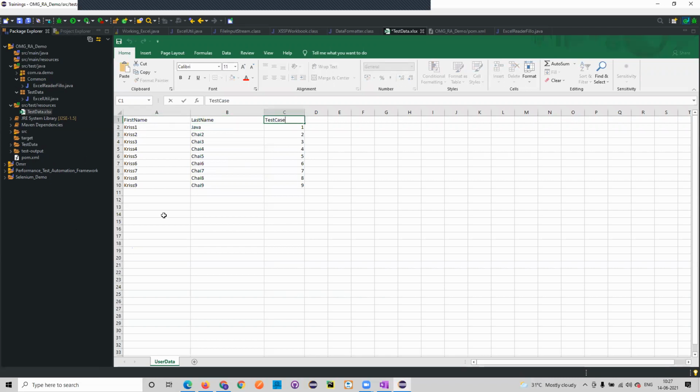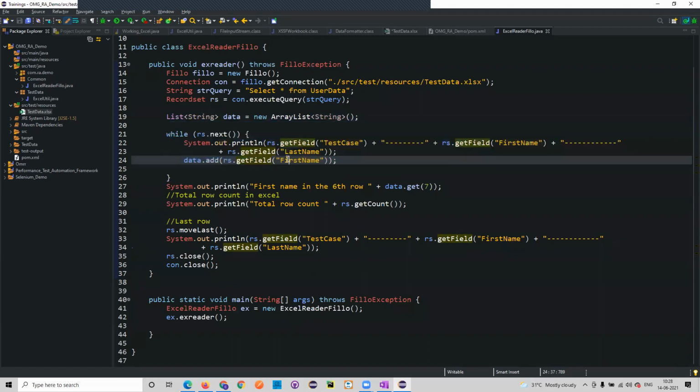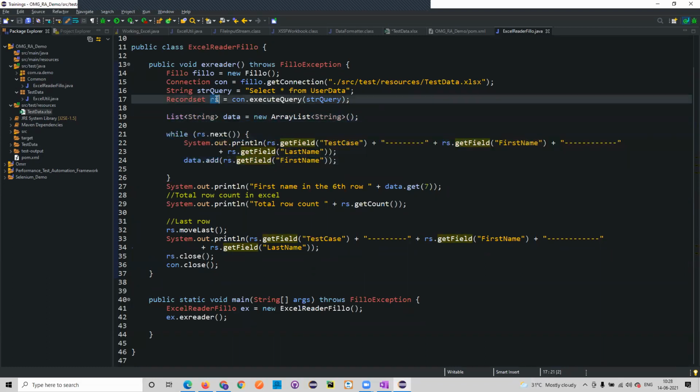I wanted to iterate over all of it and print all. That is what I have been trying to do, as you see in this reader flow. Now, if you want a specific piece of data, there is no need to iterate. But if you want to iterate and print it, you can do that. I have just written this. What are the methods? See, now we have taken everything, the query, into this RS Recordset, right?